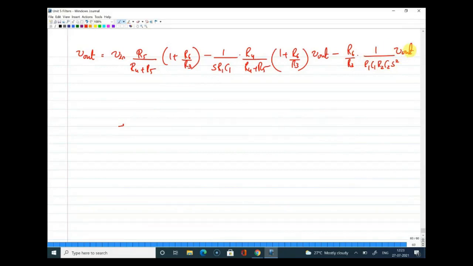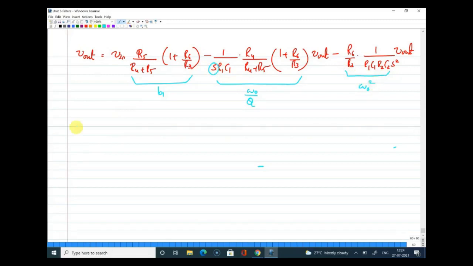So this is the expression, and now you can straight away compare. So this term is your B1, and whatever term you have here, all these scaling things. This is your omega naught by Q. S will be there. S is there already in the expression, and the rest of the things here. This is your omega naught square. Right. So this is how you should relate.